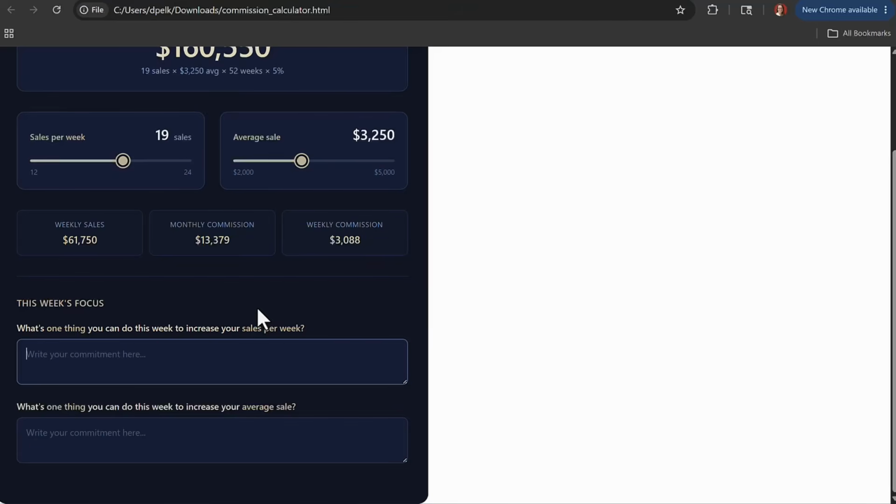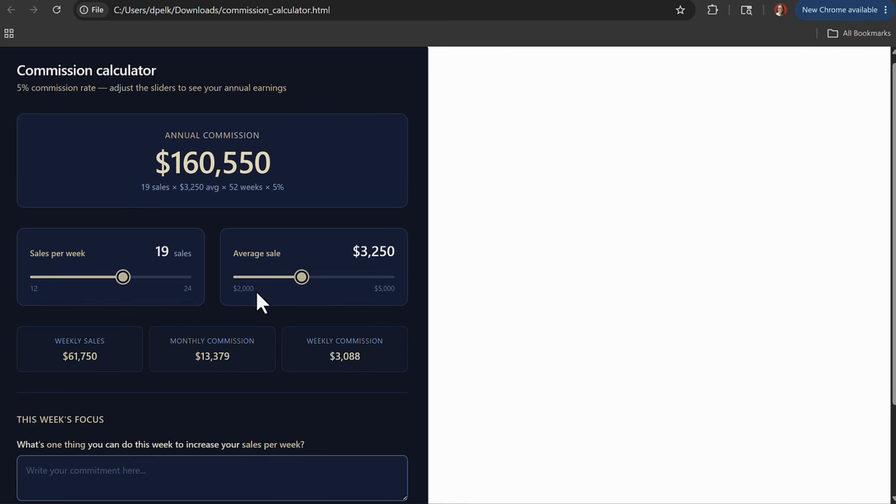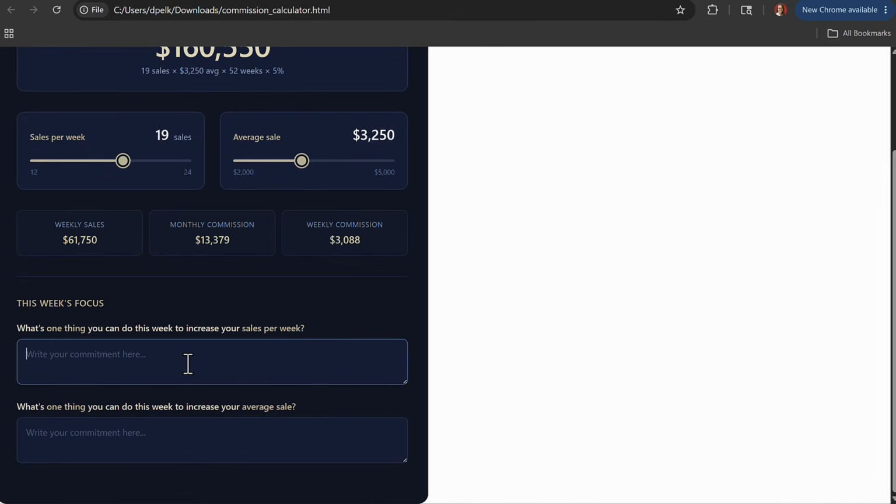But the number one problem I see first is it's got lousy color contrast. And it's not surprising because the world has lousy color contrast. It is very common, it's very on trend to do low color contrast. Light gray on white, aqua on white, everything on white. And so here, if I look at my slider, the 2,000 to the 5,000 for average sale, that is very low contrast. The instructions here in my text entry box,